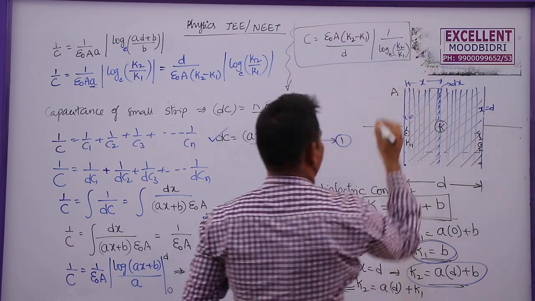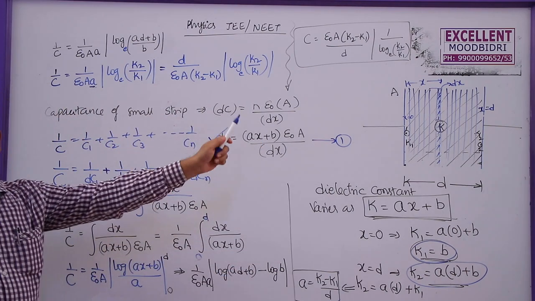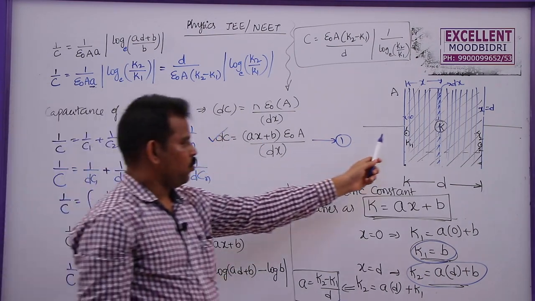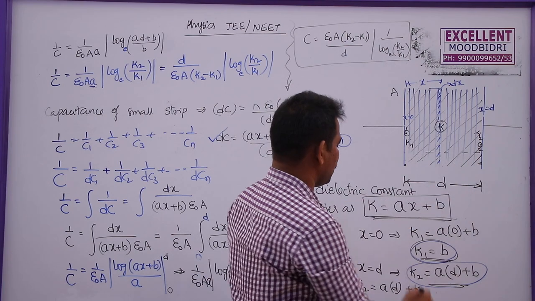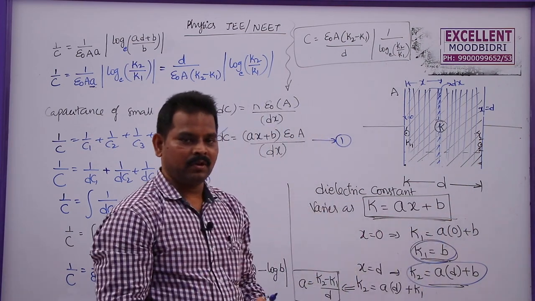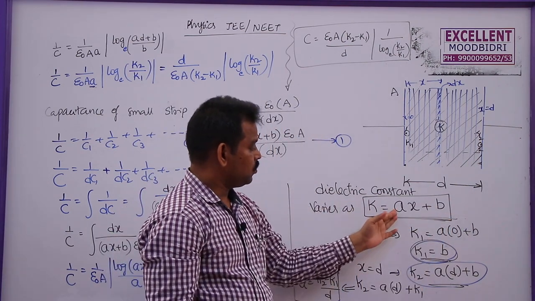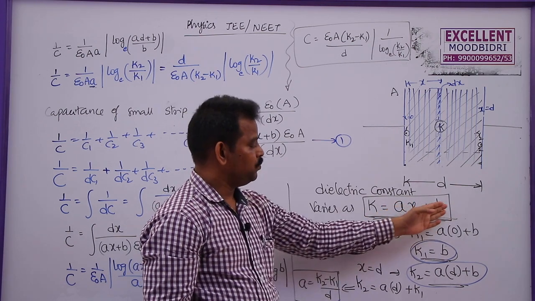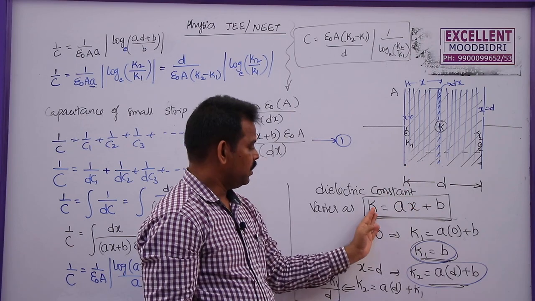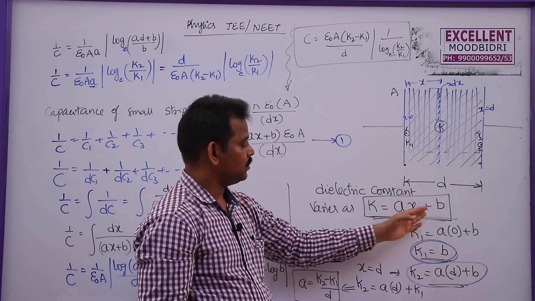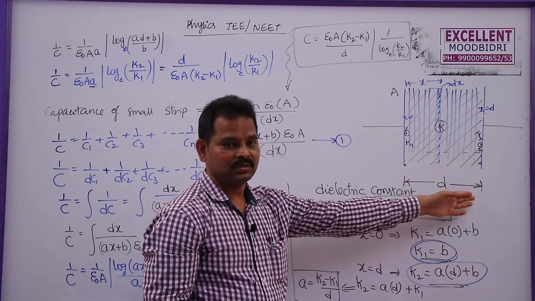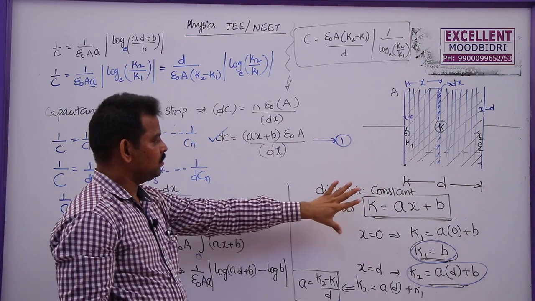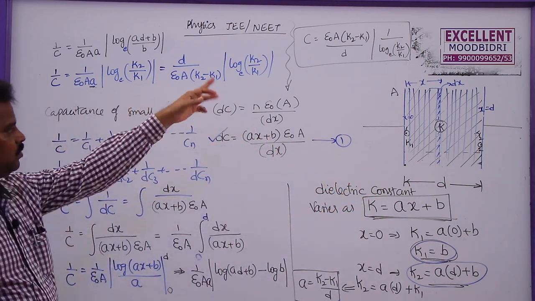So this is the capacitance if the dielectric constant is changing from one end of the plate to the other end according to the equation. In the examination they may give K equal to ax square plus bx, or ax cube plus bx plus c, or K equal to ax power 7 plus bx power 3 plus some value. Whatever it may be, the process will be the same as it is, and you will get the answer.